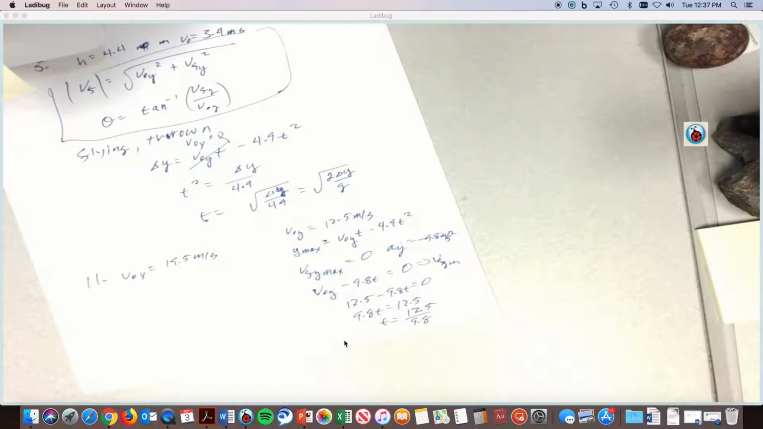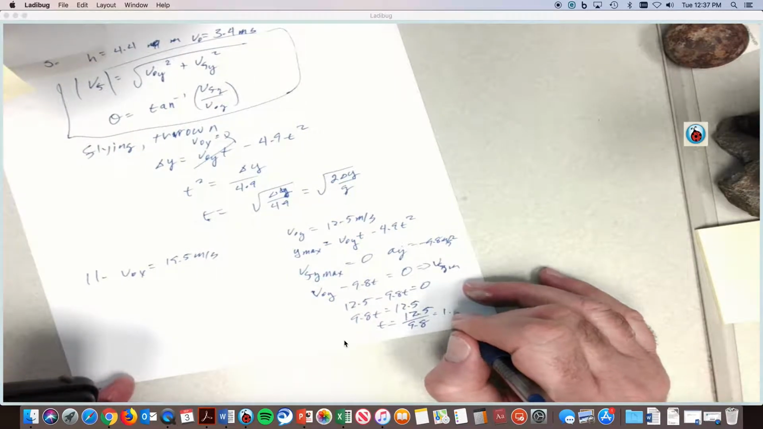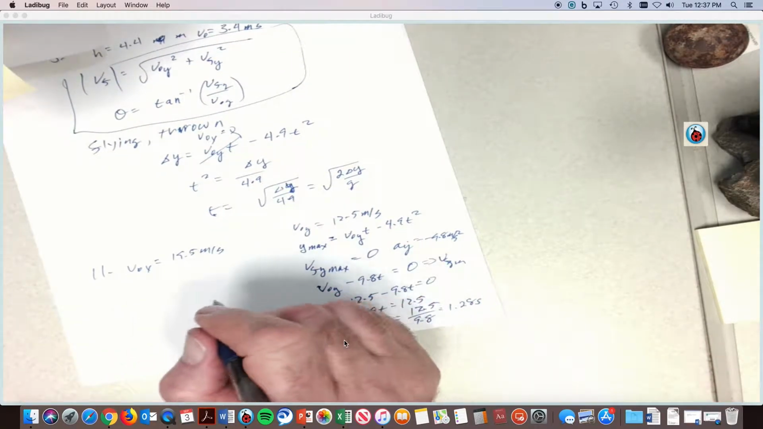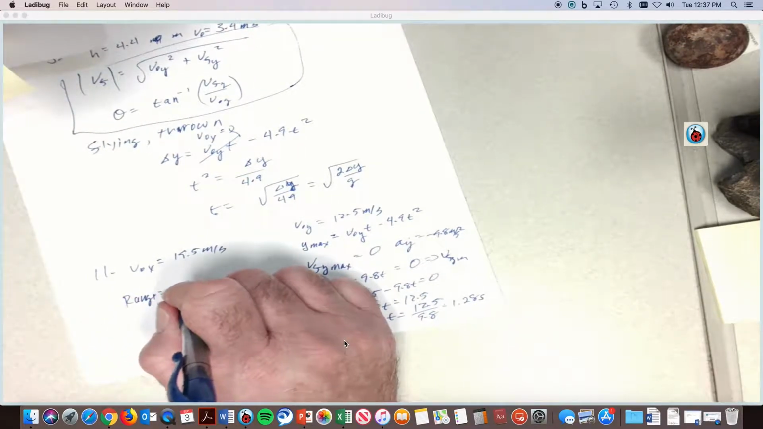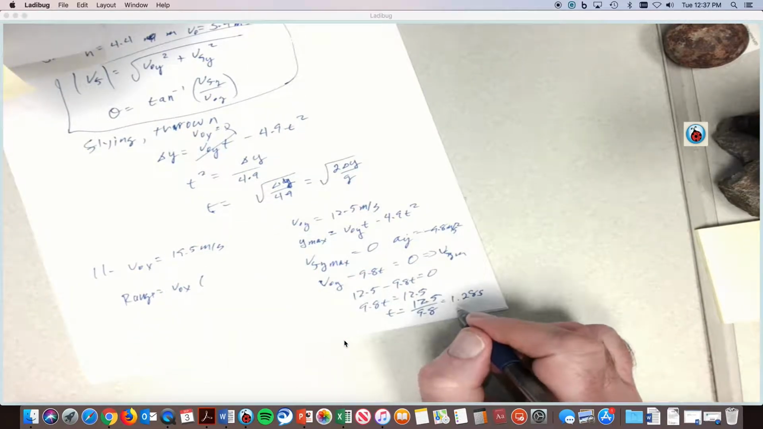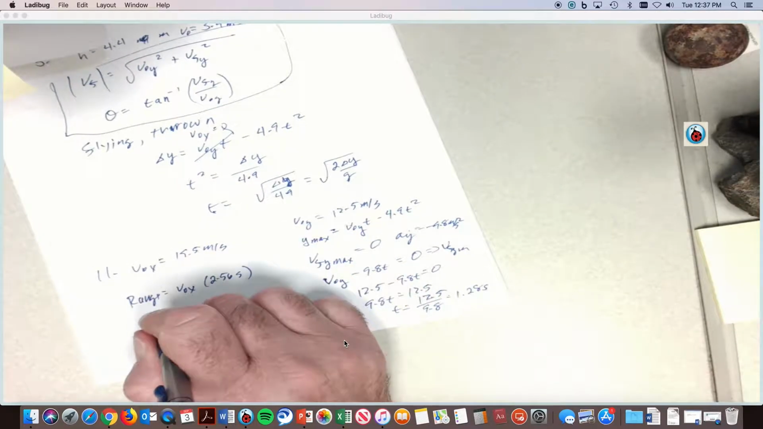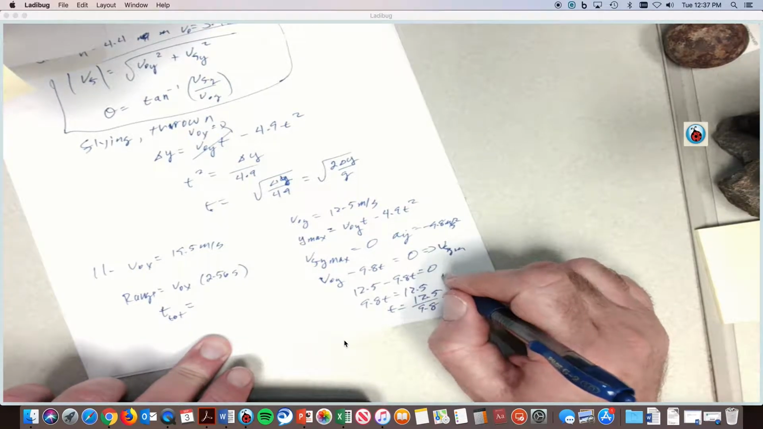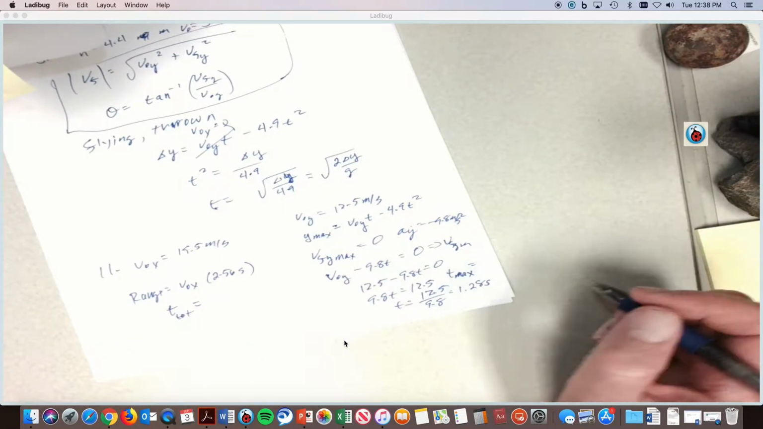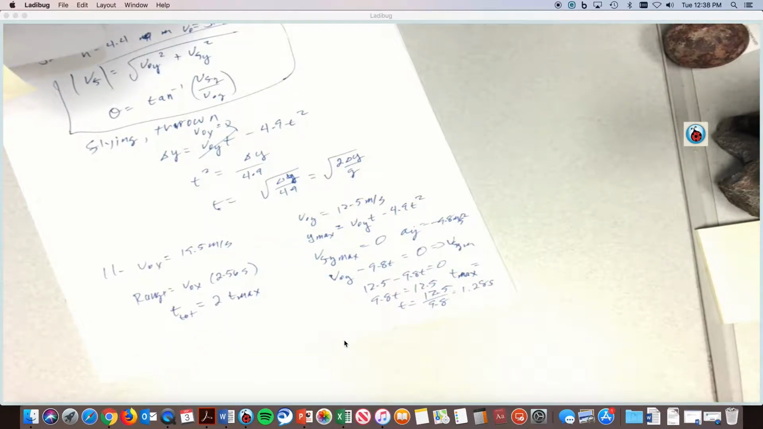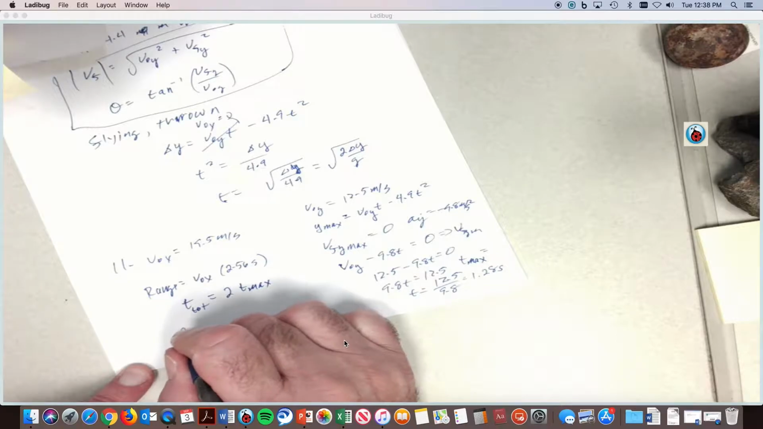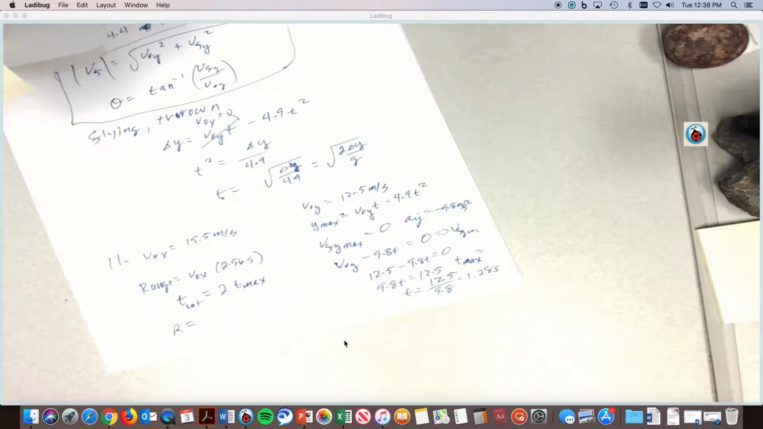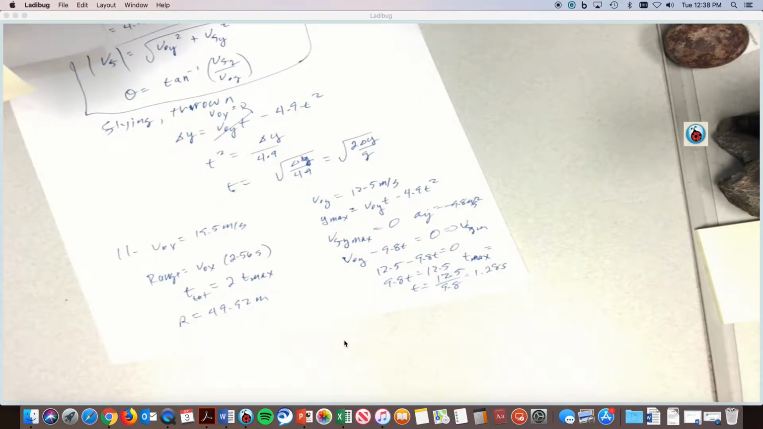Pardon the drilling, but they're building a new building right next to ours. That's 1.275. Let's leave this as 1.28 seconds. So the range will be v naught x times 2.56 seconds, because t total is equal to 2 times t max. So I've got the range. That's easy enough. The range comes out to be 19.5 times 2.56, which is 49.92 meters. And then the maximum height,